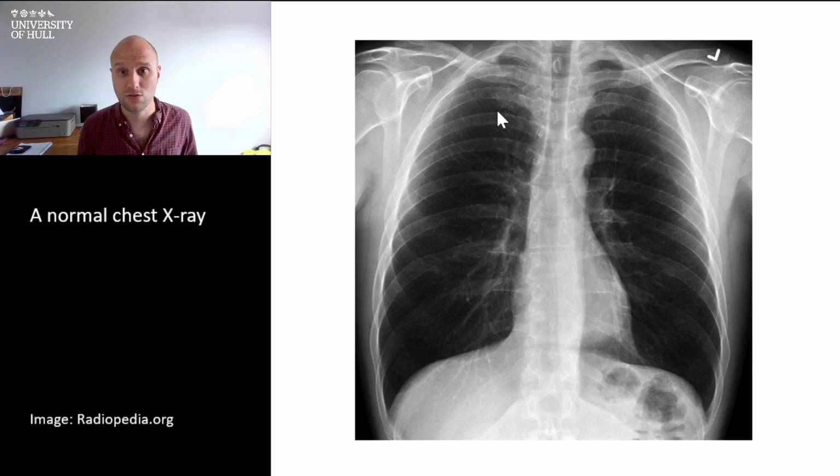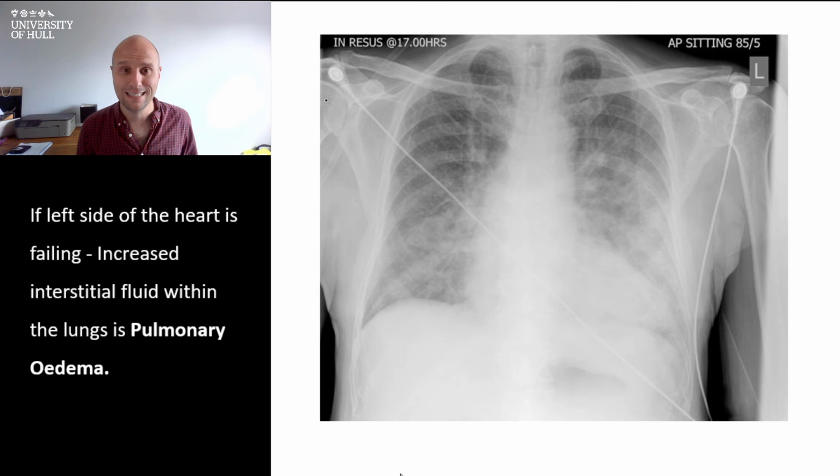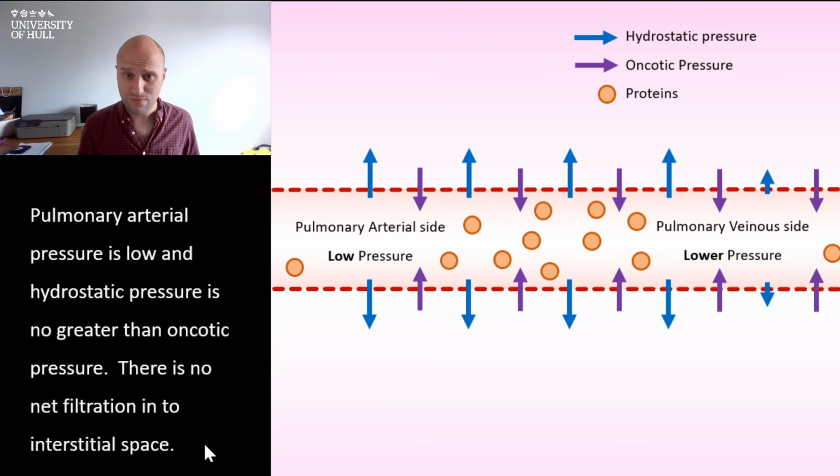So here's a normal chest x-ray, nice and clear. You can see the lung fields really nice and clear. And this is what pulmonary edema looks like. So you've got a lot of fluid all throughout the bottom half of both of these lung fields. And similar to before,